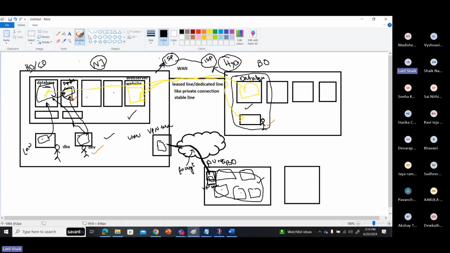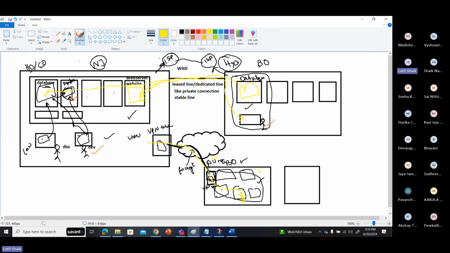So this is your organization's office. From this office to that office, you are connected, private to private, directly. This is called a site-to-site VPN. For example, here is a user who wants to access this application server. How can he access it? Through this tunnel only.